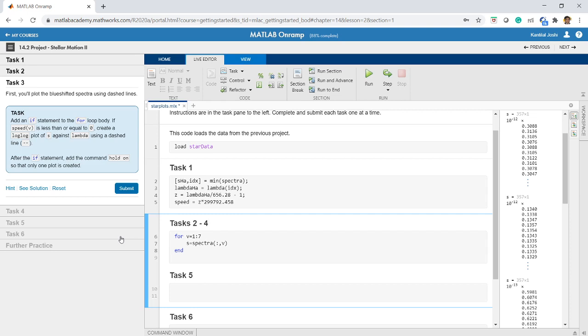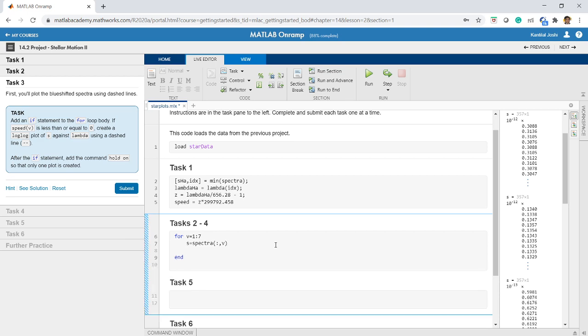Now first you will plot the blue shifted spectra using dashed lines. So add an if statement to the for loop body. If speed V is less than or equal to 0, create a log-log plot of S against lambda using a dashed line. After the if statement, add the command hold on so that only one plot is created. Okay, so we have S is equal to spectra colon V. Now I'll add an if statement. What it is asking us is, if speed of V is less than or equal to 0.